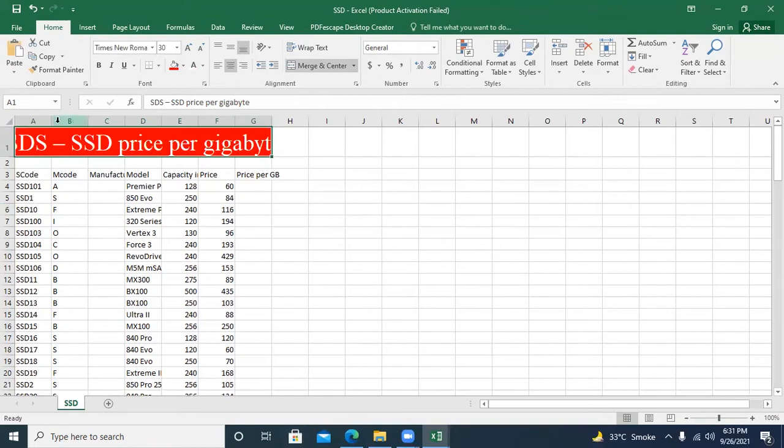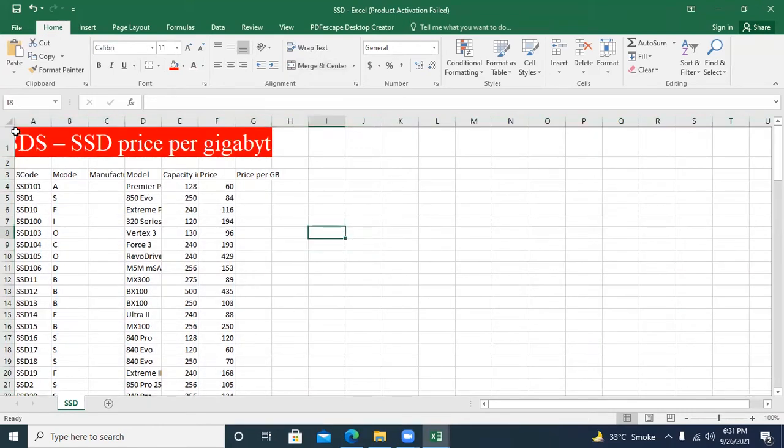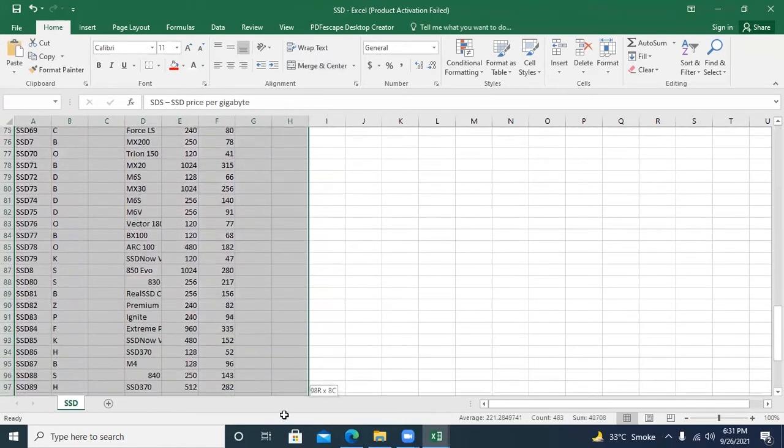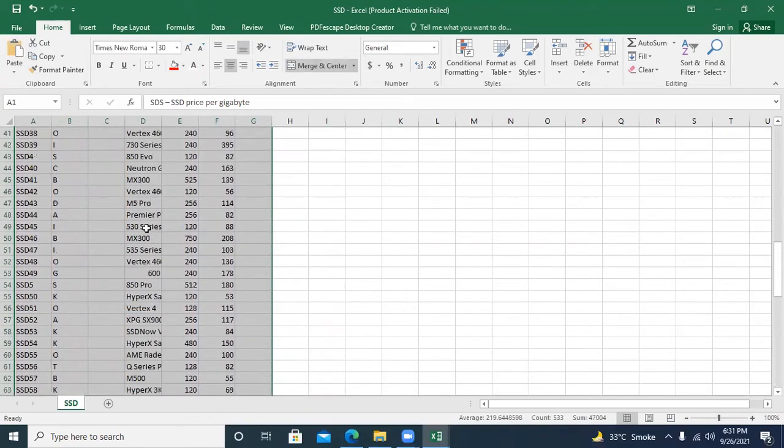First what I need to do is go and select this sheet, select it like this, and order them.